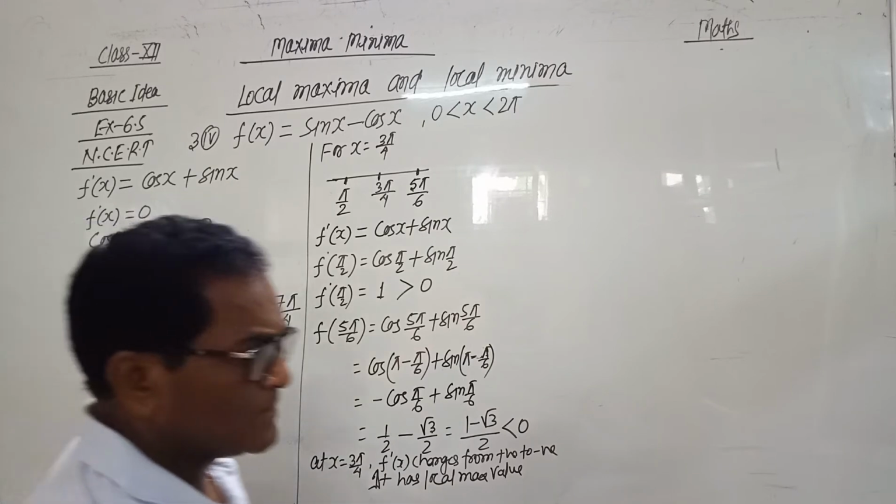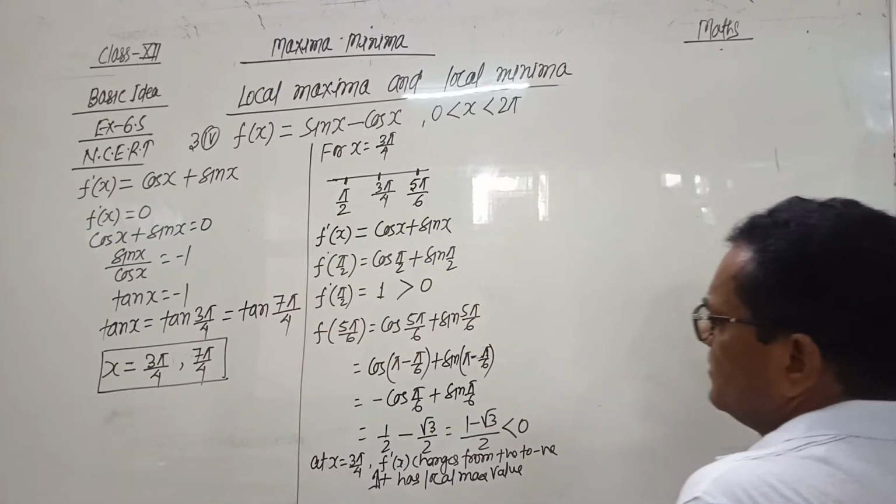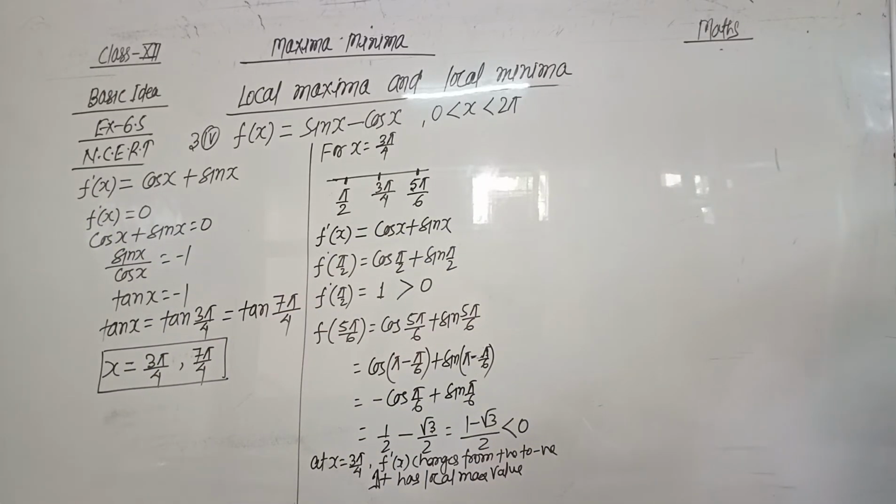And the local maximum value is found by putting the value of x equals to 3 pi by 4